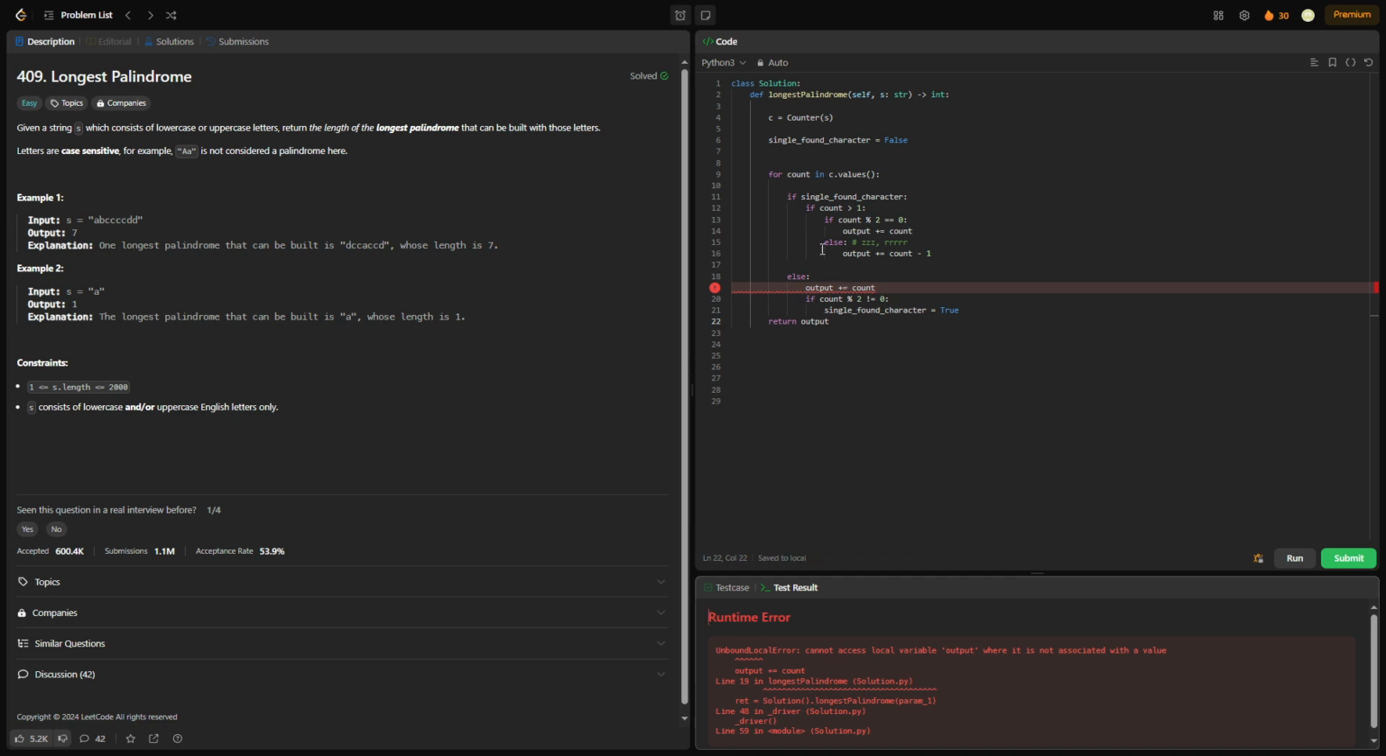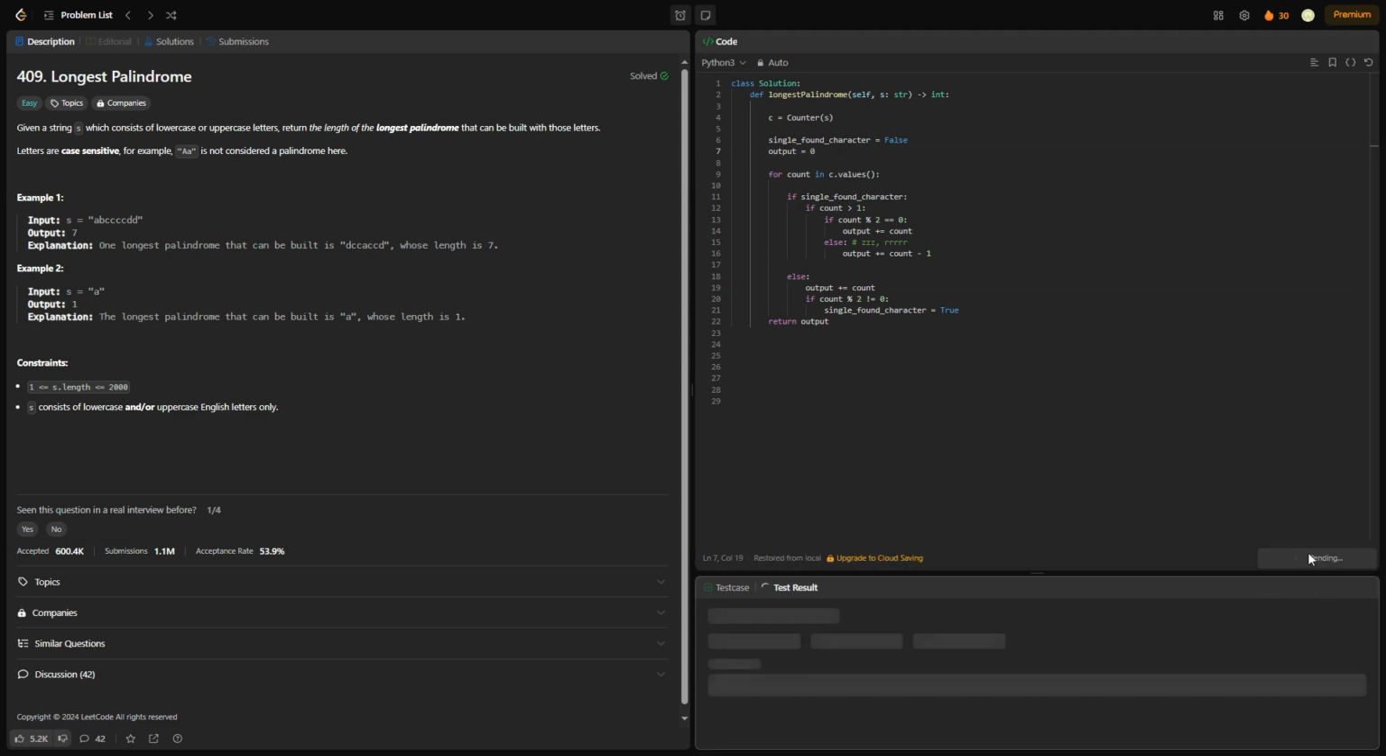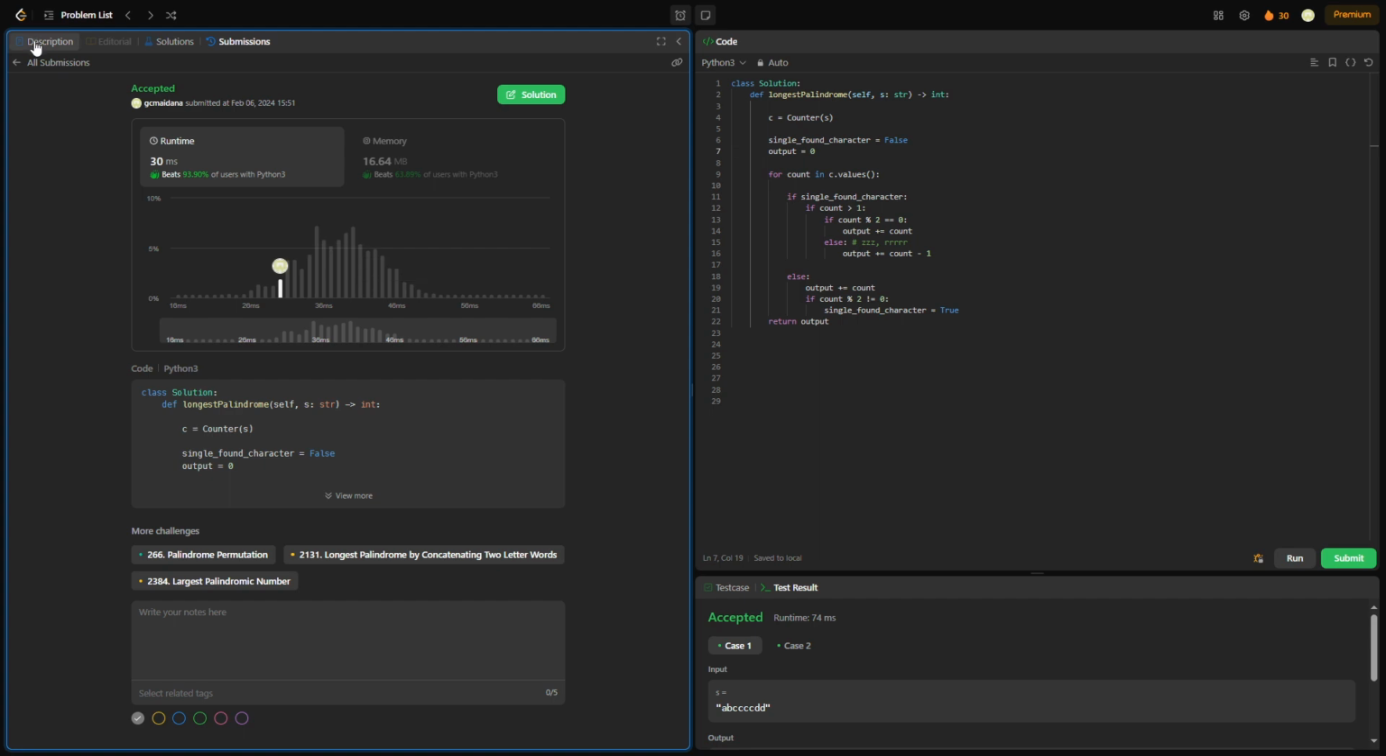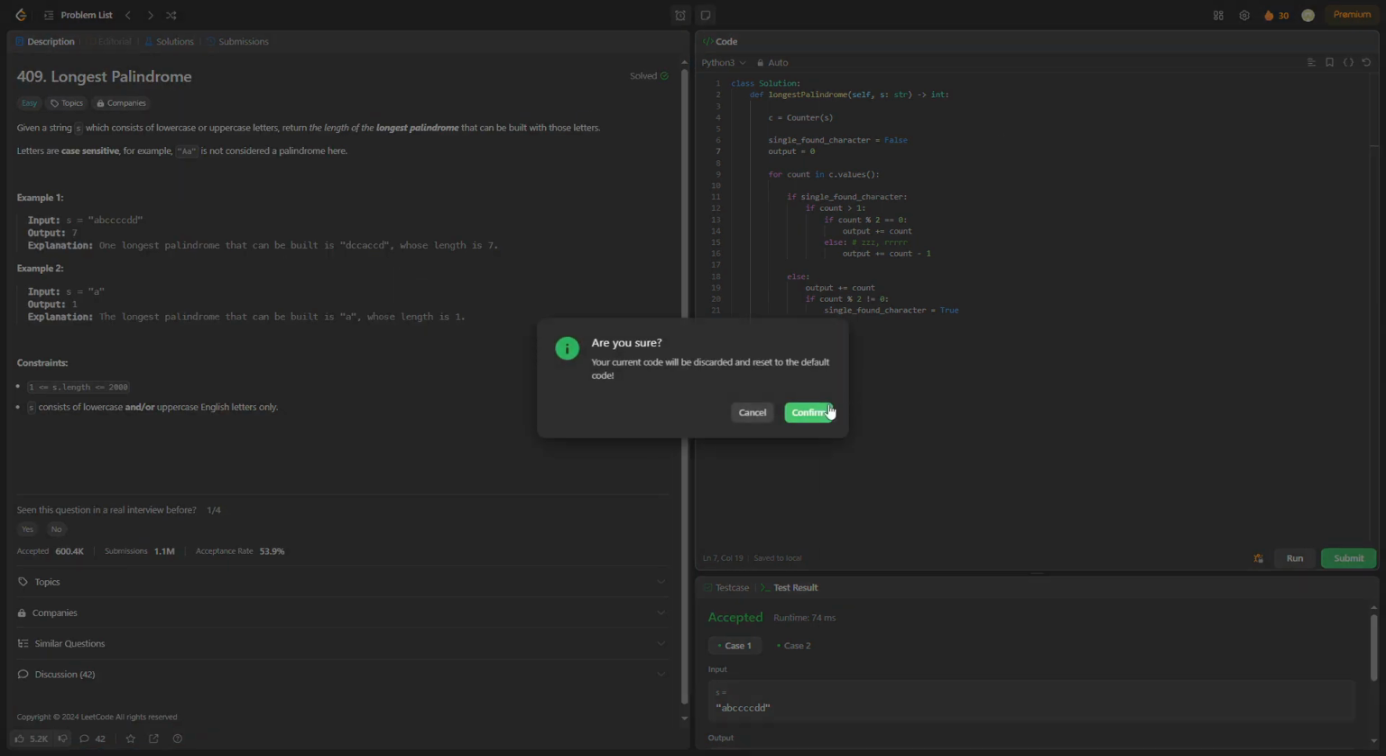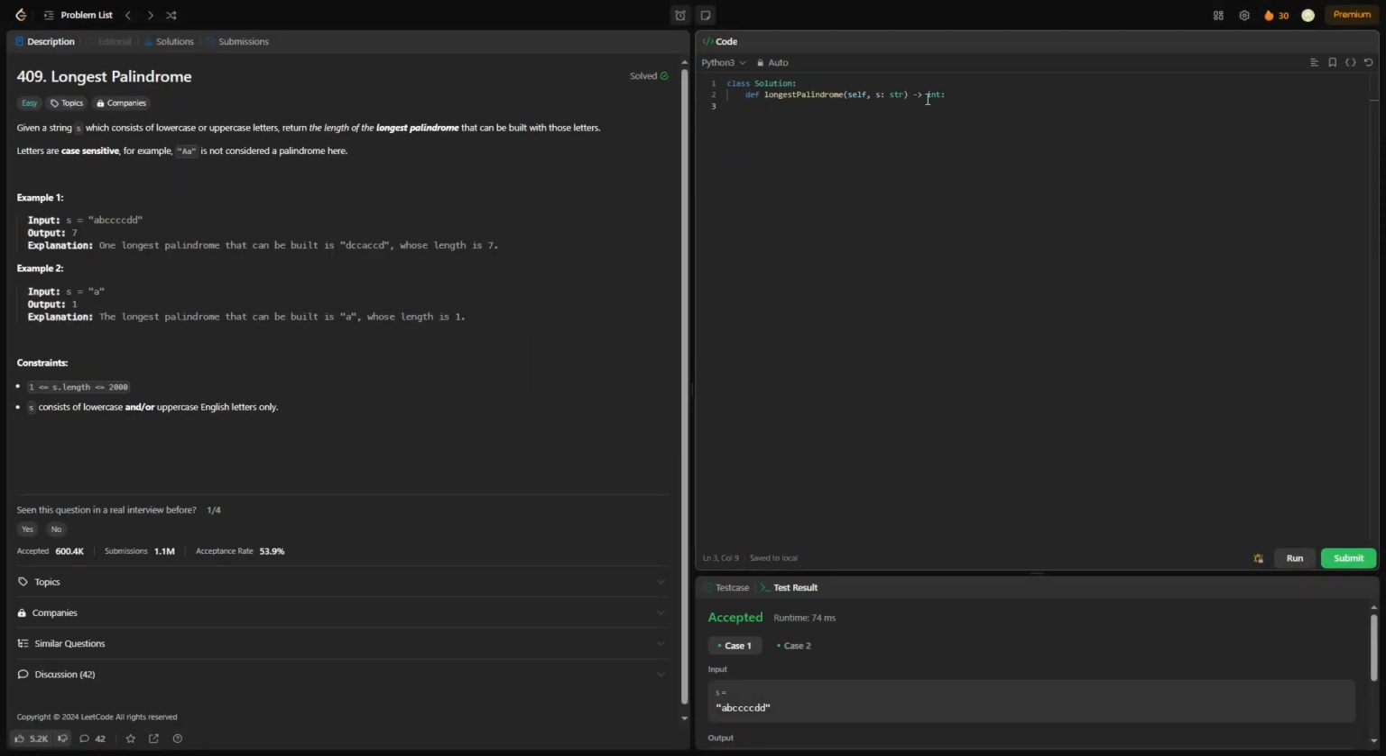Cannot access local variable. Sorry, I didn't create the variable up here. Okay. See, it works. Now, I'm gonna just quickly go over another solution that you can use, which is, I'm